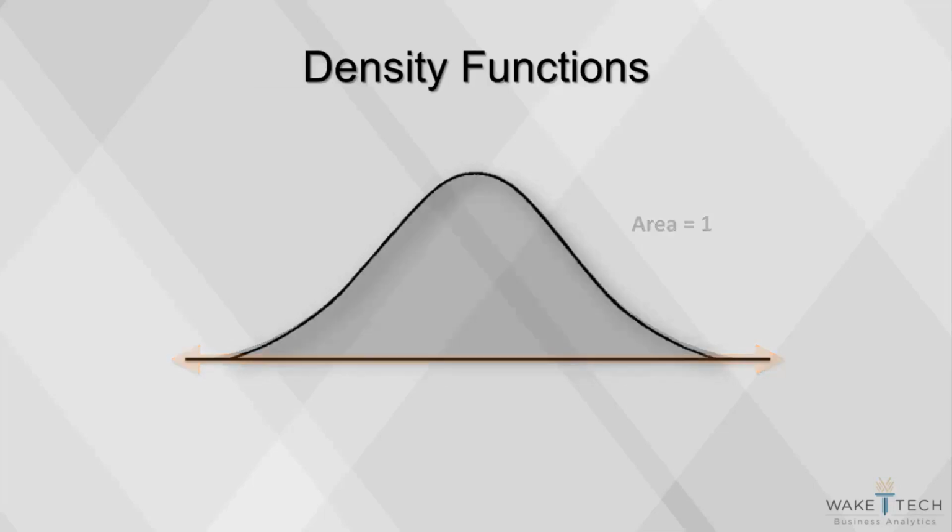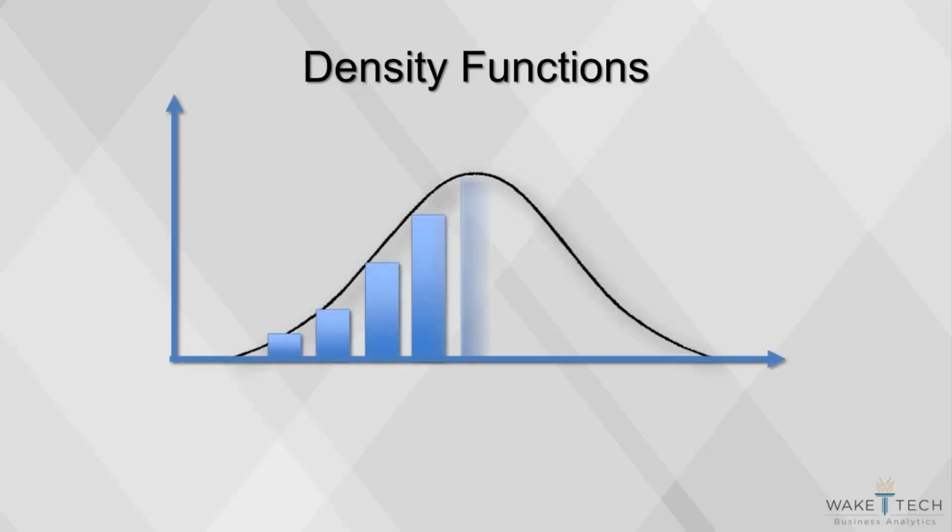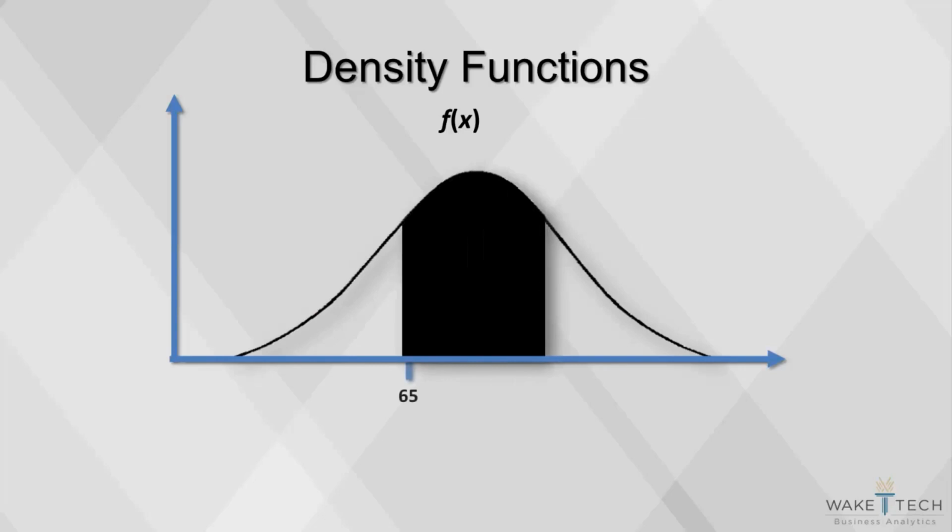The key to this spreading is called a density function, which acts like a histogram. The higher the value of the density function, the more likely this region of the continuum is. A density function, usually denoted by f(x), specifies the probability distribution of a continuous random variable x. The higher f(x) is, the more likely x is. Probabilities are found from a density function as areas under the curve. So for example, the shaded portion under this bell curve represents the probability of x being between 65 and 75.